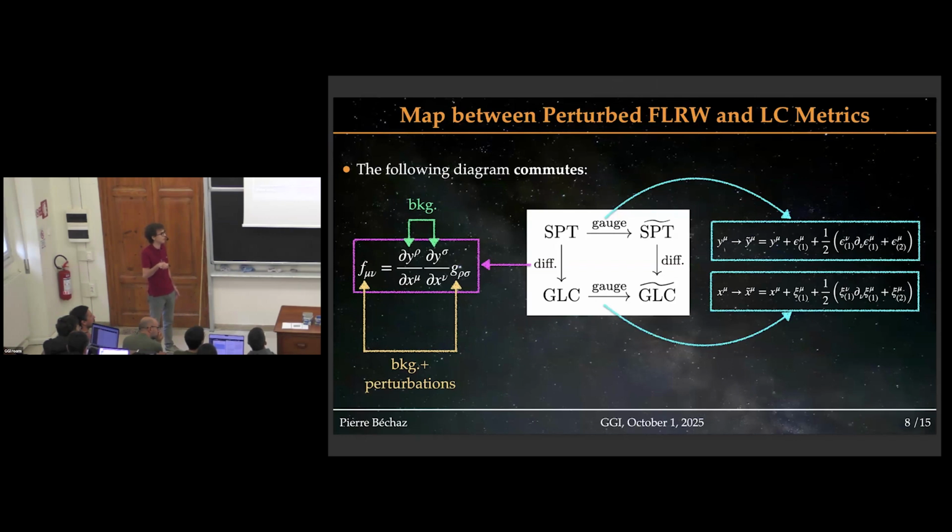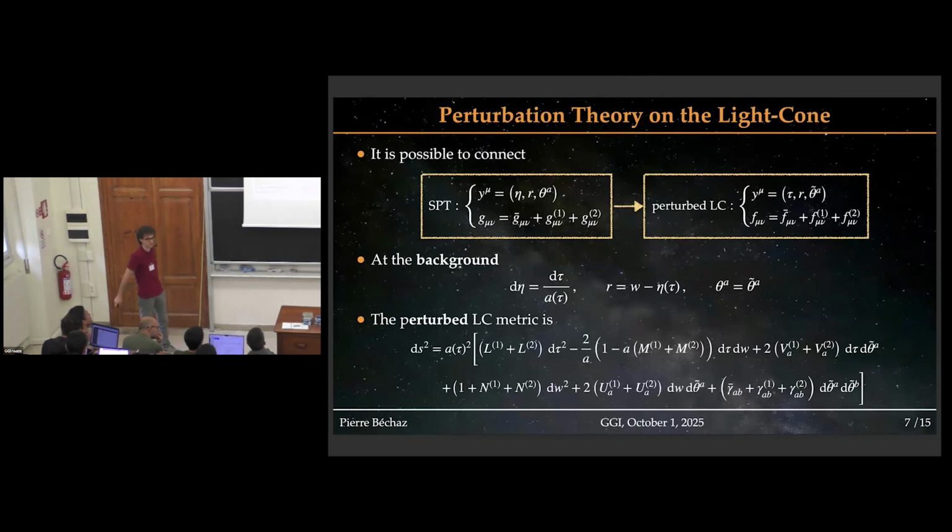So you pick one first and second order gauge fields, and then you can perform the passive way of transforming spacetime to move to a given gauge on the light cone. But if you follow this flow, you are going to have the same result that you would have following these two other arrows. So before you move to the light cone, and then you consider a gauge transformation inside the light cone, which is why we have computed first and second order gauge transformations of all the functions arising in this perturbed light